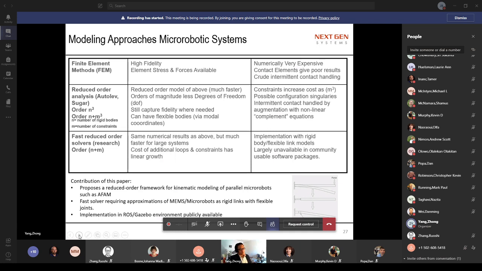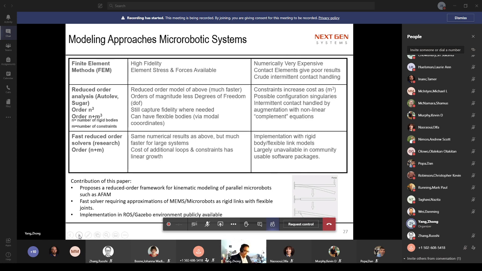We can use FEA simulations, we can give some lumped dynamic models, and we can also use something like Sugar to give some reduced order models. But the computational complexity of those models is huge. We cannot use them for real-time control. So we need a better way to